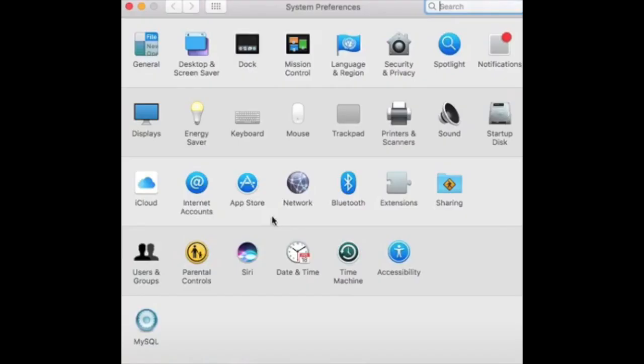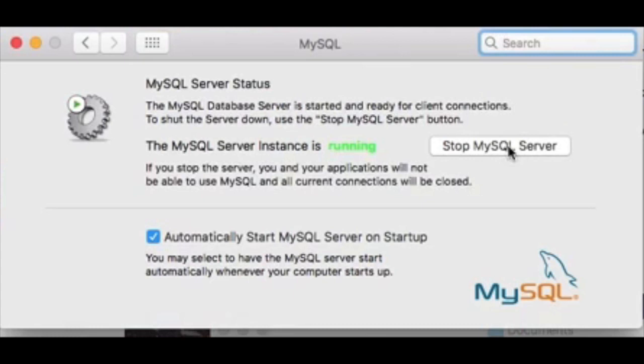Now you open your System Preferences and at the bottom you can now see the MySQL icon. Open it and start, then close the window, as it's the first time started. Here with the start button and close the window.